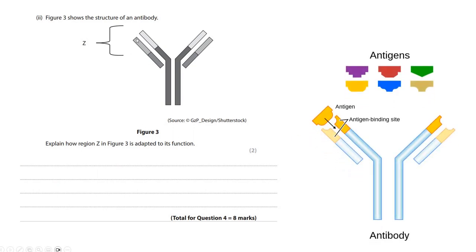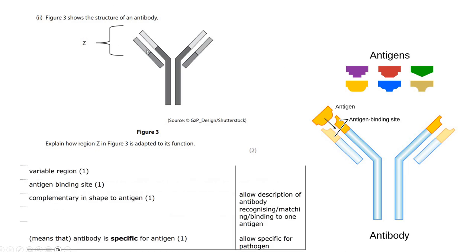So first of all, you'd say that part Z is the variable region, and it is different between each antibody. It's specific, and at the top is the antigen binding site. So there's 2 antigen binding sites. So what that means is at the hinge region, 2 antigens can be clumped together to agglutinate the bacterial pathogen together. So this region Z is called the variable region,